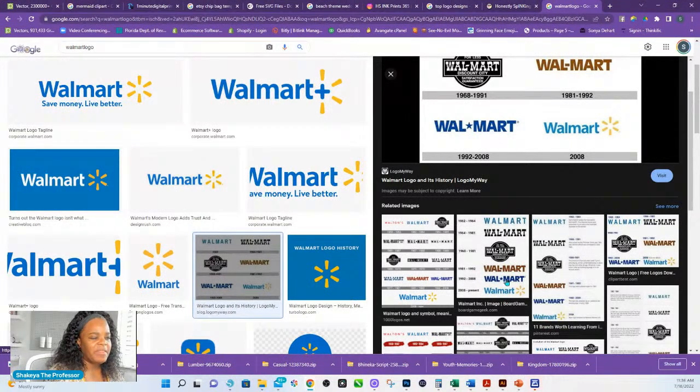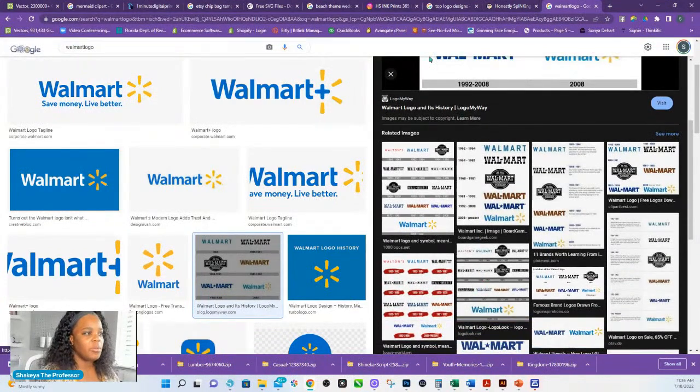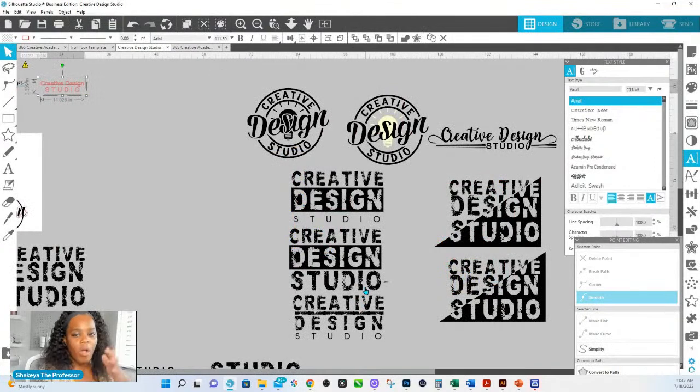In between this one and this one, you saw that smiley face everywhere. That was the symbol of Walmart, but we still knew it was Walmart. You don't have to do a lot to make your logo and your brand stand out. That's what we're going to teach and go over a little bit today, and I'm going to break down all of these different concepts and what the difference is in them.